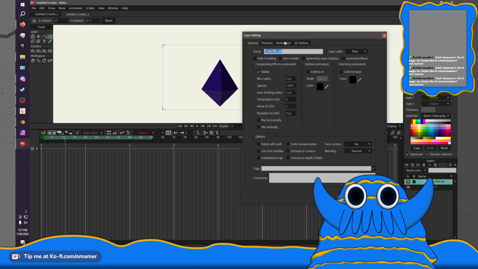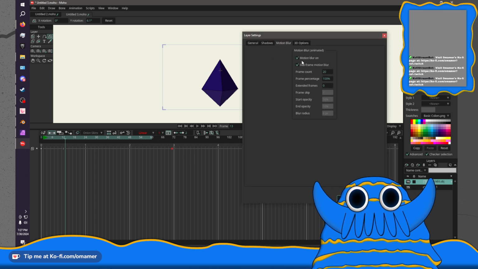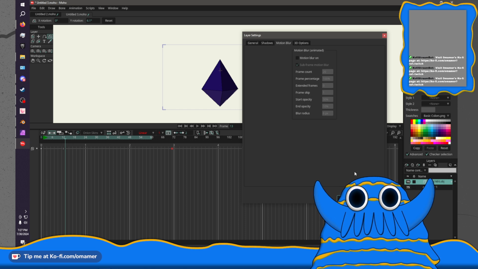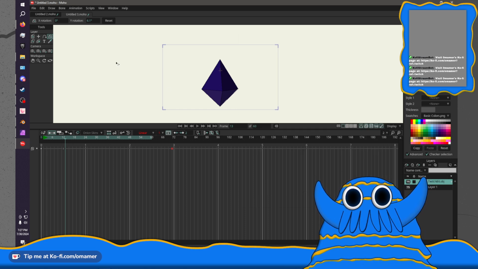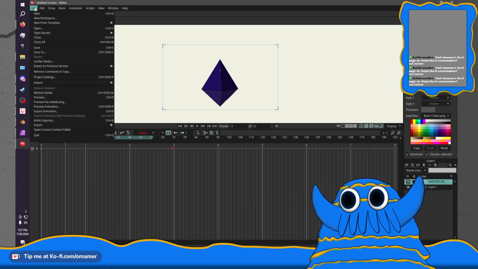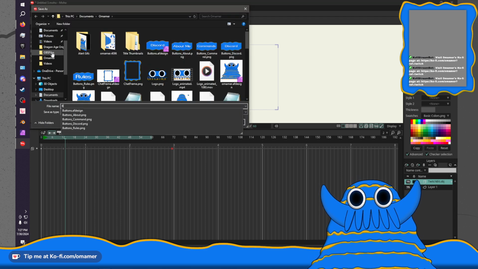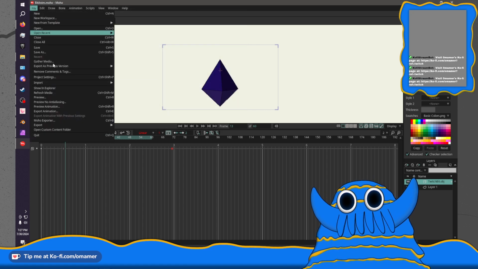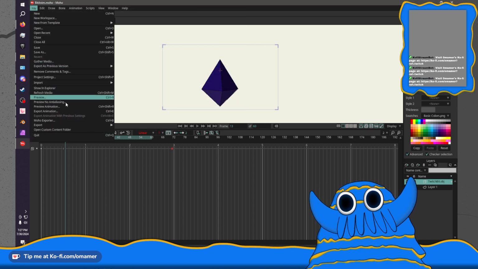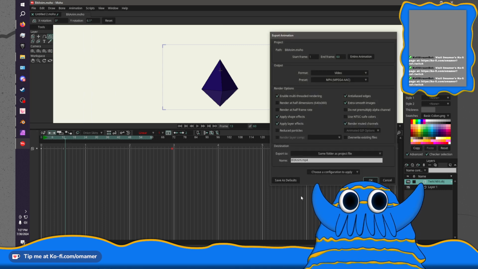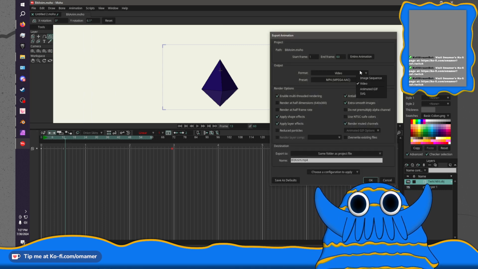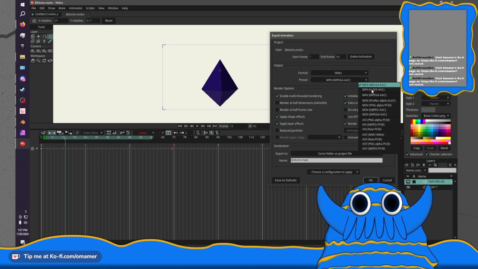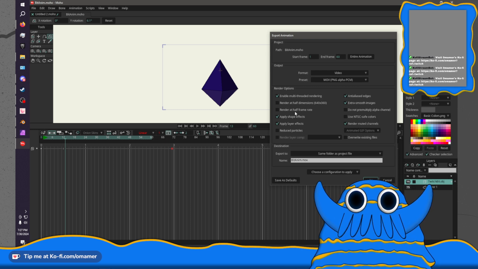So now what we need to do is turn motion blur on. No, I don't think we want a motion blur effect for this one. So let's export animation. And we're going to do this as the PNG alpha.